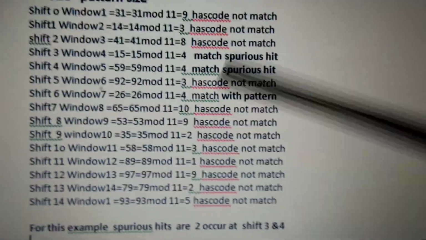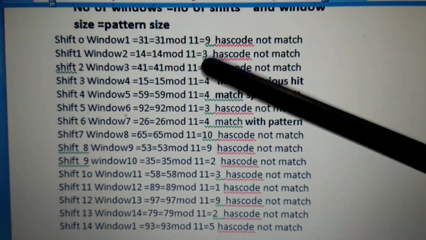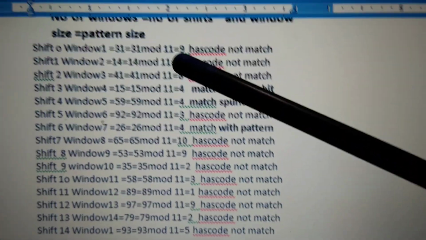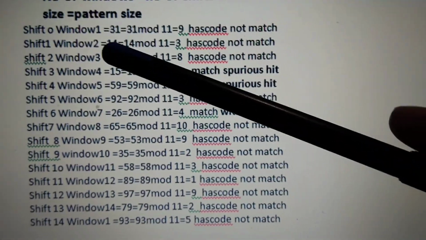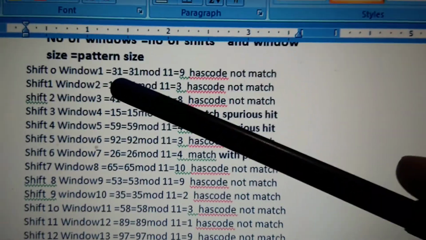In the RK algorithm, for each shift we have to find the hash code for the pattern as well as the selected window. For the first shift I have selected the first window.